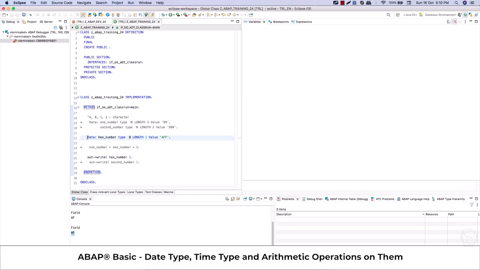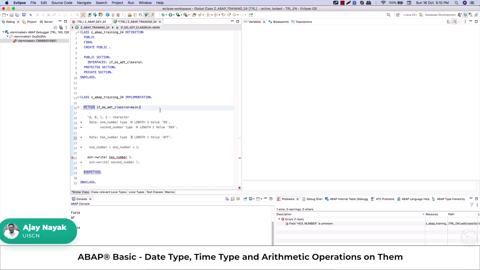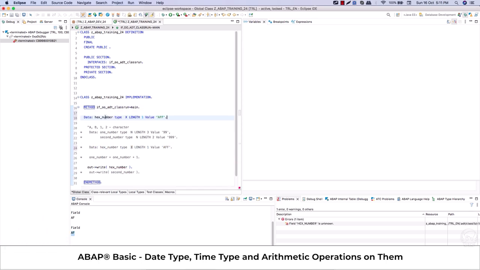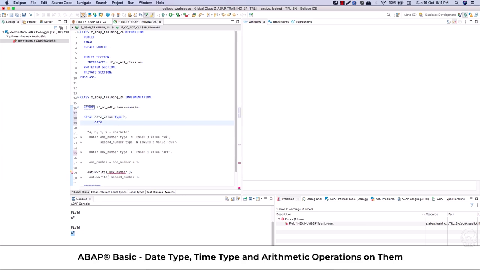Now there are certain more data types which you have to know, which are of fixed length nature, which we use on the day-to-day basis in the code. The first is the date and the time. For that, if I say date value, then the type is D, and here I don't have to use the length. I can just use the date value of type D, and here I can equate it to a date,